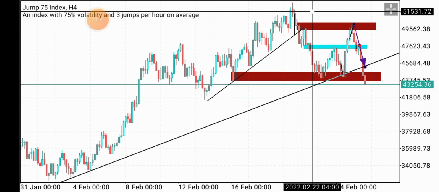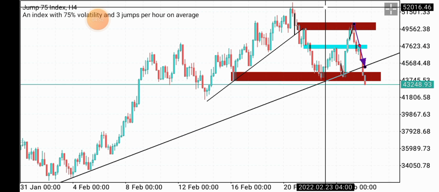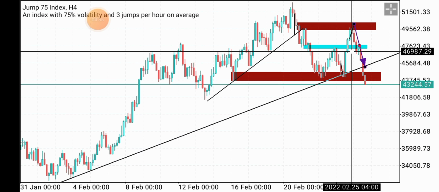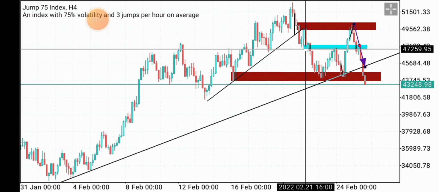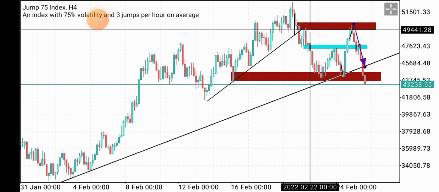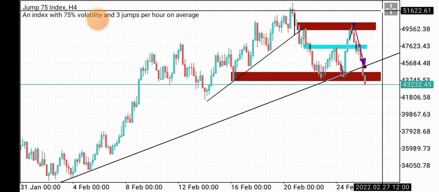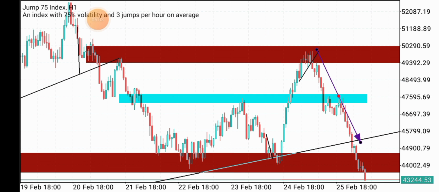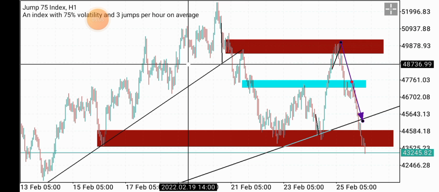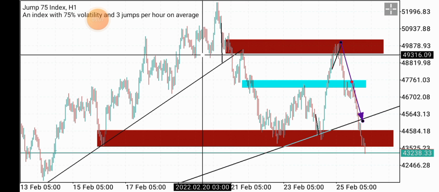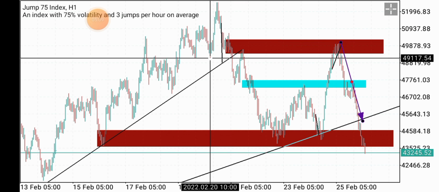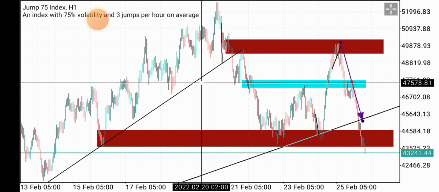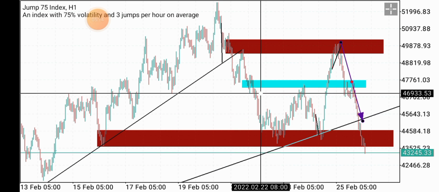Sometimes it will move right up to this previous high here before moving back down. Now you see that I actually marked out this zone. I marked out this zone. So let me go to the H1 so that you can see clearly. You can see this is why I marked out this zone, because price got rejected here a couple of times. Now you can see, so when price broke through the previous low, I marked this zone